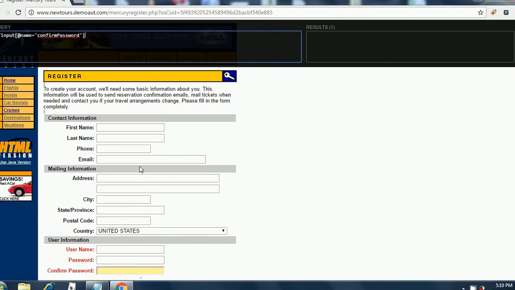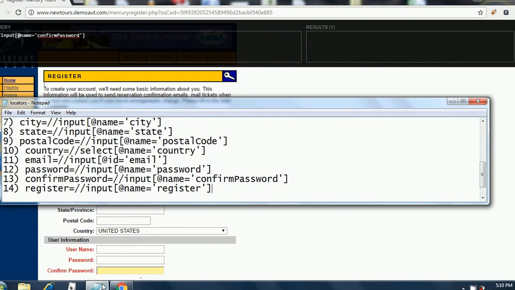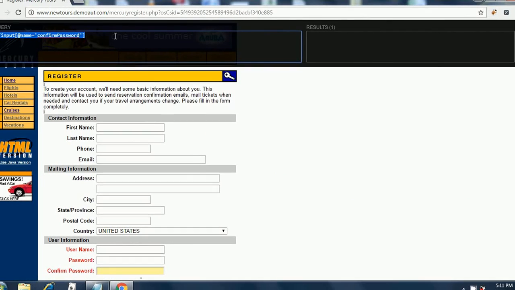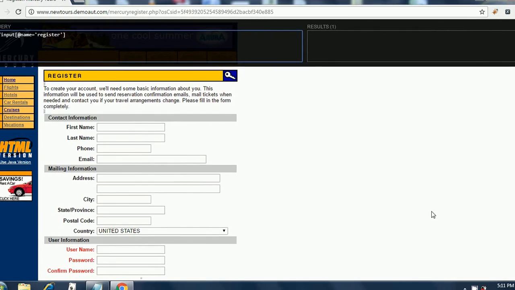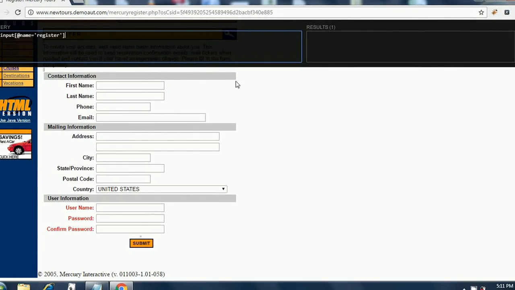There you go. So all the input entries are done along with the select entries. Now I believe this is the button. If you scroll down, okay, it's the button. So this is all for the registration page.